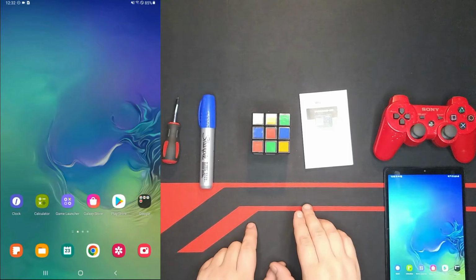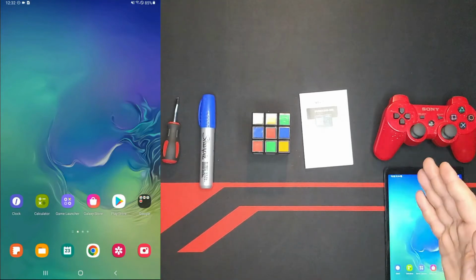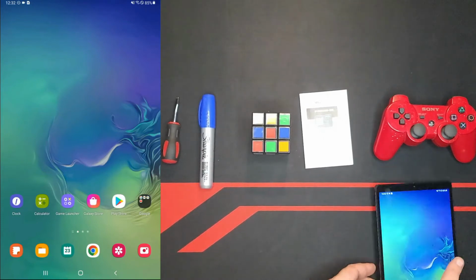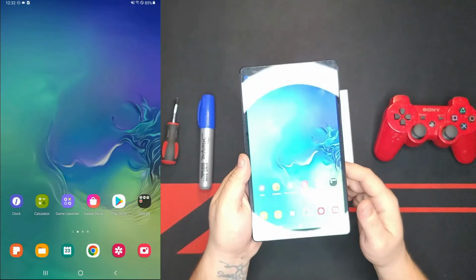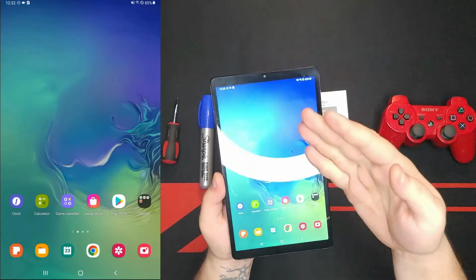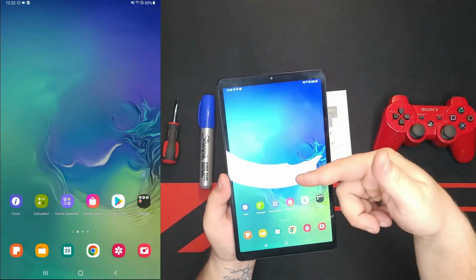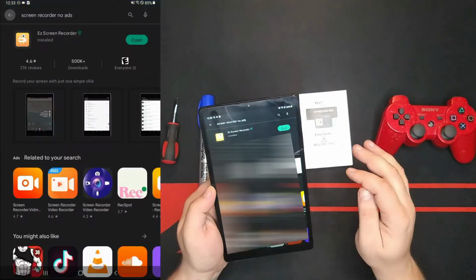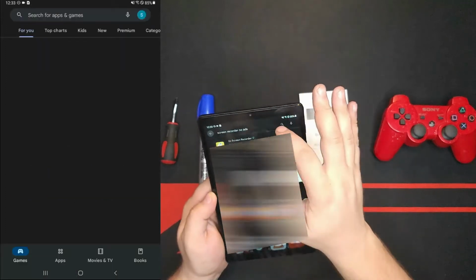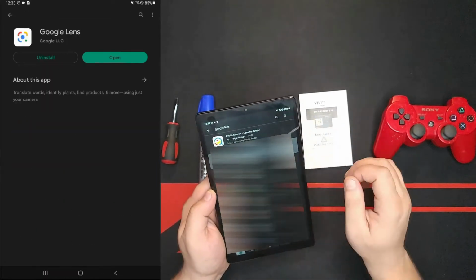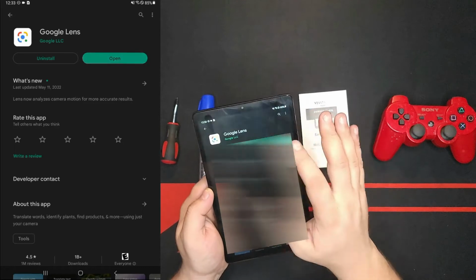We will see in a minute everything that I'm saying explained with these simple objects that I just found around the room. Let's begin. For this demonstration, I will be showing you on this tablet since I find it easier to show in a bigger screen, but I will be recording the screen which will be laid over this video as well. Let's go to Play Store and search for Google Lens. And here's Google Lens, and it's this one here with this logo. We click open,